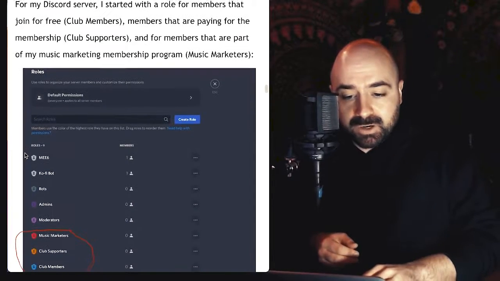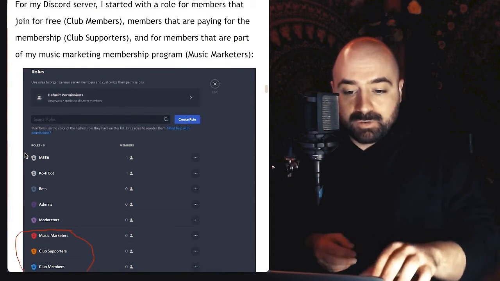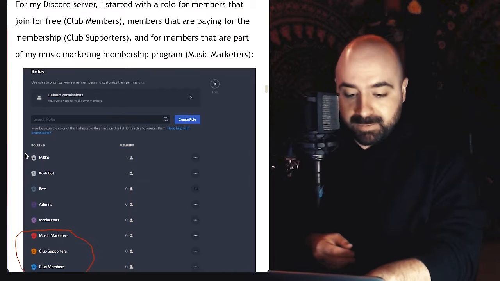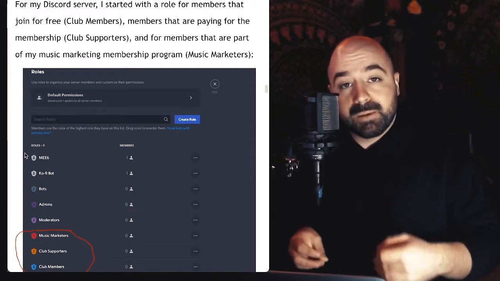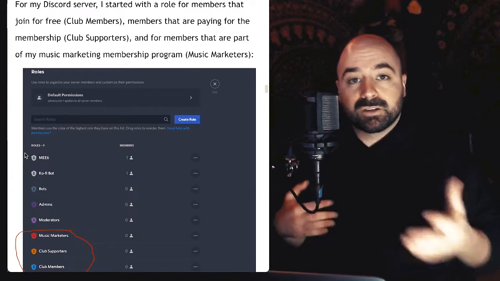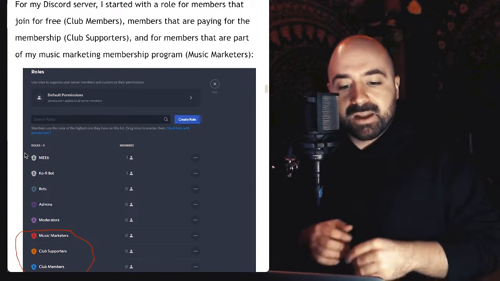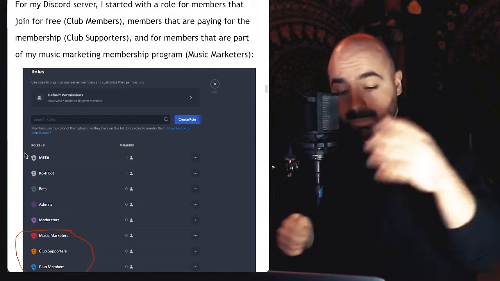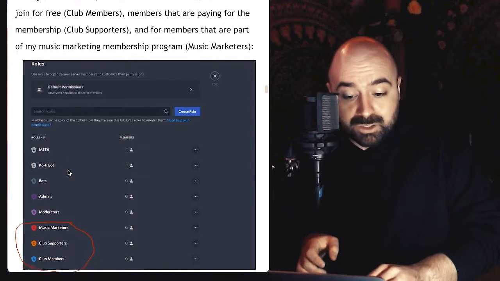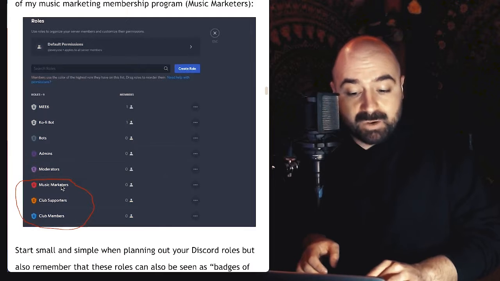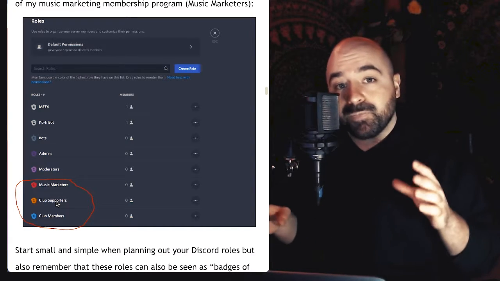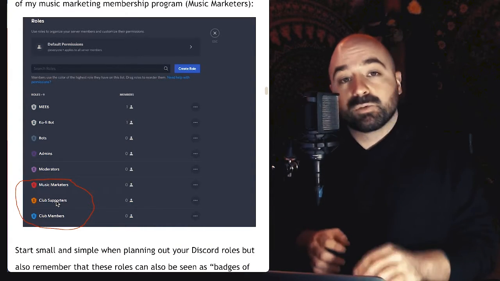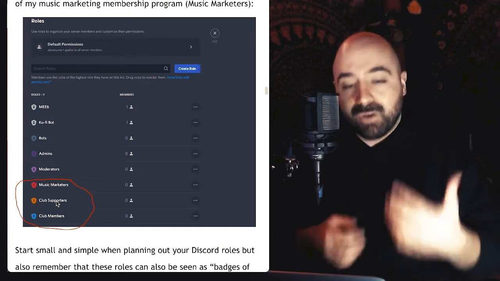For my Discord server, I started with a role for members that join for free. You can see at the bottom here, it says club members and it's in blue. Then I also have a tier for members that are paying for a membership, which is called club supporters, since they're actually supporting my best friend's club. And then another one for members that are part of my music marketing membership program called Music Marketers. So when anybody's in one of these groups, everybody can see that this is a music marketer role person. This is a person who has club supporters, so they know that, wow, this is actually somebody that's financially supporting this artist, so they get to have that badge of honor,